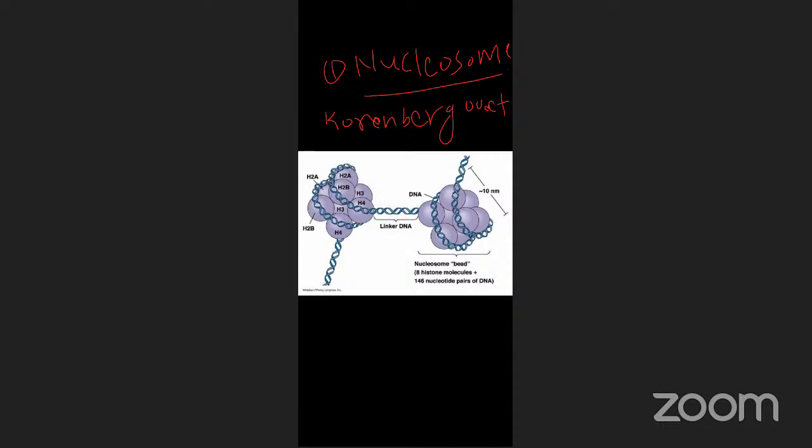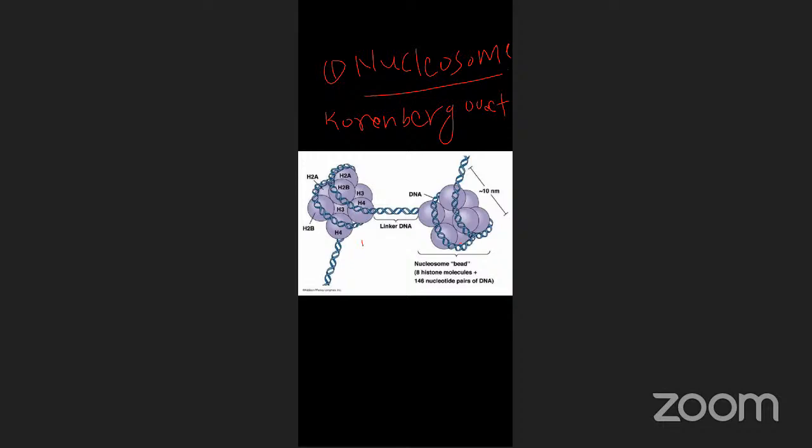So for revealing the organization of DNA, the first one is the nucleosome model. In eukaryotic nuclei, the long DNA molecules are compactly packed with protein, containing a beaded-like structure. This beaded-like structure is called a nucleosome. This is one bead, this is the second bead. Like this, throughout the entire DNA a number of beads are present. Due to the beads, they are compactly arranged, packed with the help of protein.